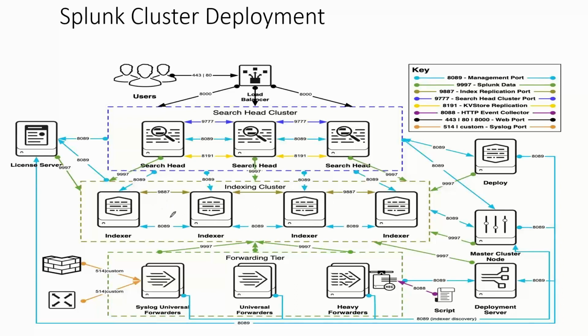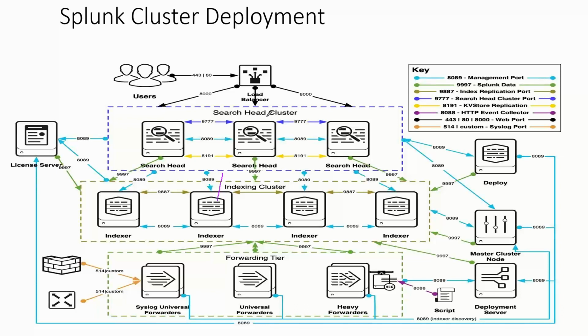Already my indexer is there. The indexer is getting the data from some 10K servers. If I do a search on this, it will be overhead, correct? If I do a search operation from here itself, it will be overhead. Whenever the log gets written into the disk, it is a high IO operation. On top of it, if I do a search operation, it will degrade. There is a chance that this operation may slow down. Whenever the log is sent, the log collection operation, the ingestion operation, will be slowed down.